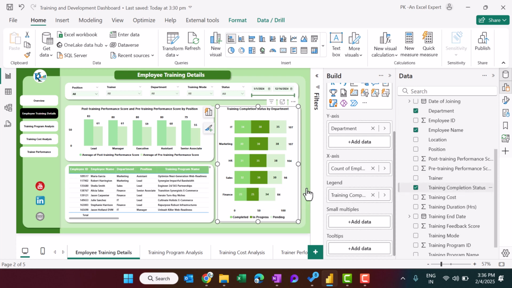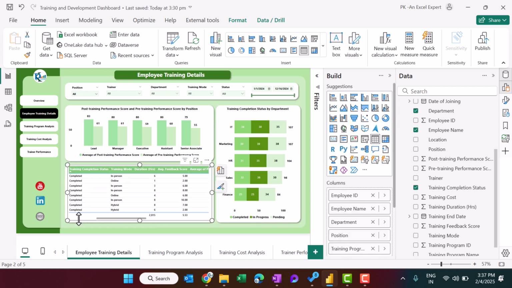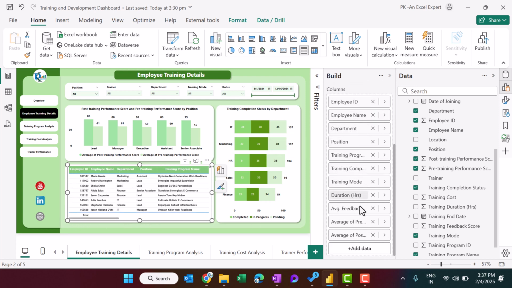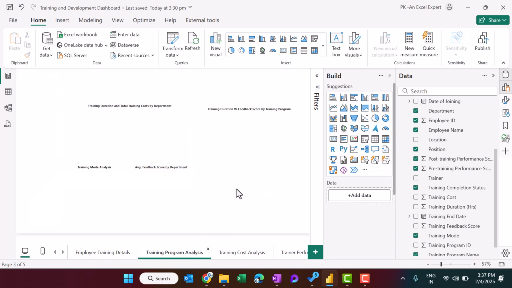See, here we are taking this table visual, and we have put multiple columns here like employee ID, employee name, department, position, and some other fields we have taken. Okay, in the training program analysis page,